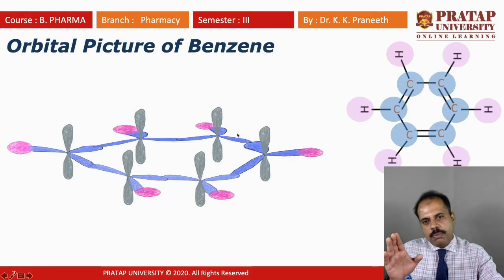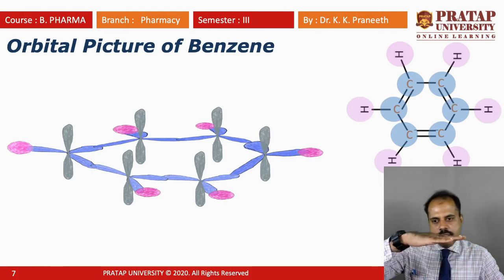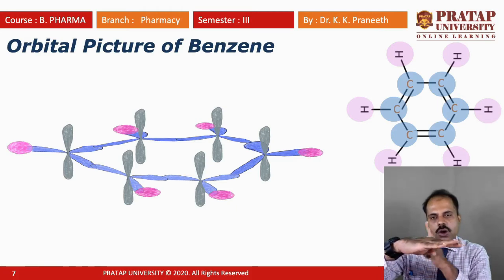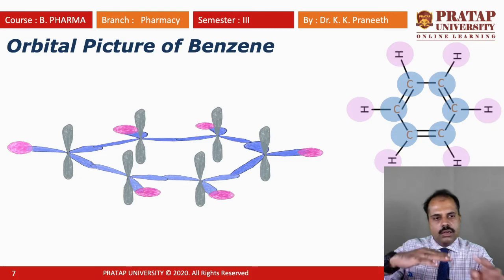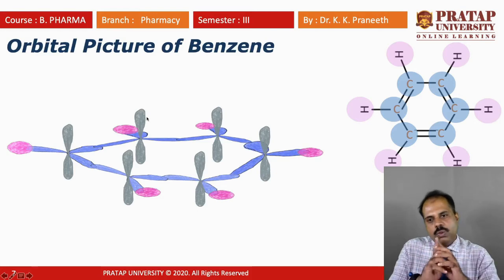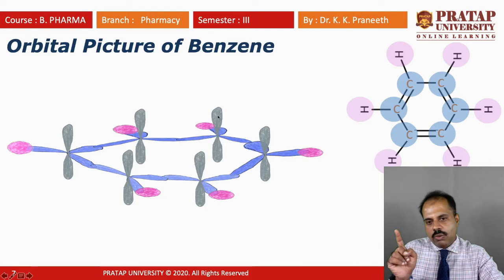Now we can see that there is this pz orbital, right? It is perpendicular to the plane of the benzene ring. Benzene ring is flat, and the p orbitals are lying here like this, right, in each corner of the hexagonal ring. So this is shown here, and each pz orbital contains 1 electron, right? So there is 1 electron here, 1 electron here, 1 electron here, like that.